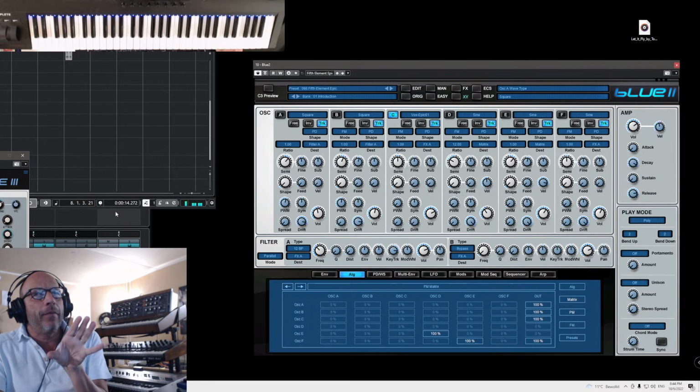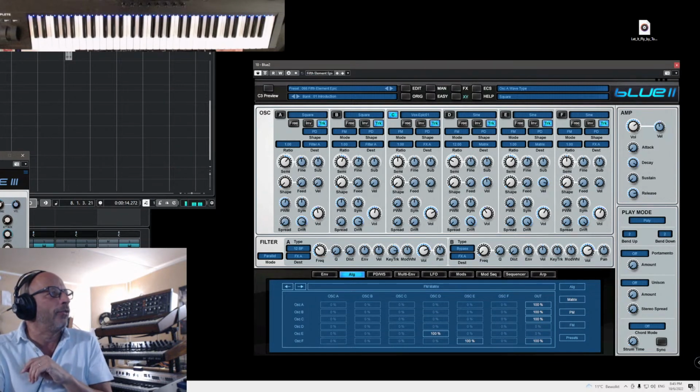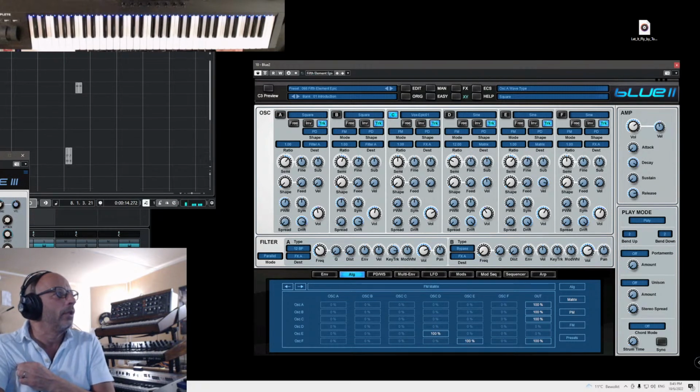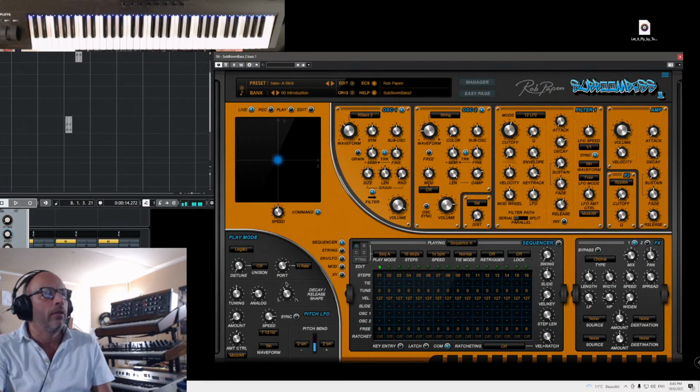So with Blue 3, you have then more samples on board, and then we have the physical modeling, the string model, which you know from Sublime Bass. So if I would go here, I cannot show you, but for instance, let me see if I have Sublime Bass here in my, here it is. Here's Sublime Bass 2, and this one having D,